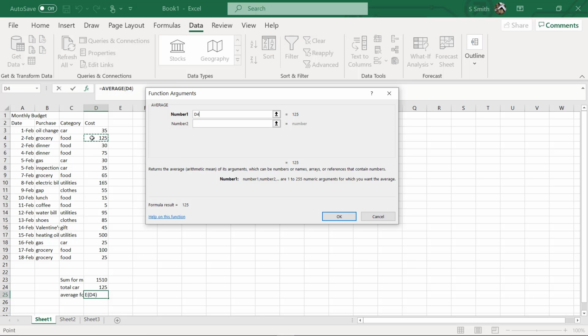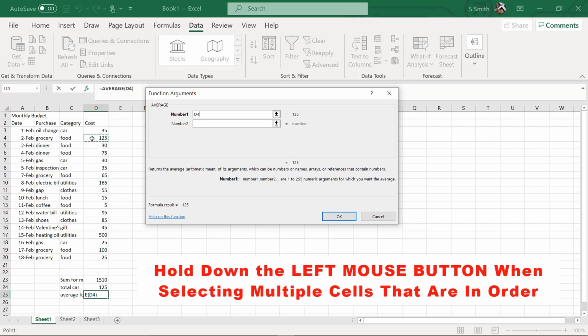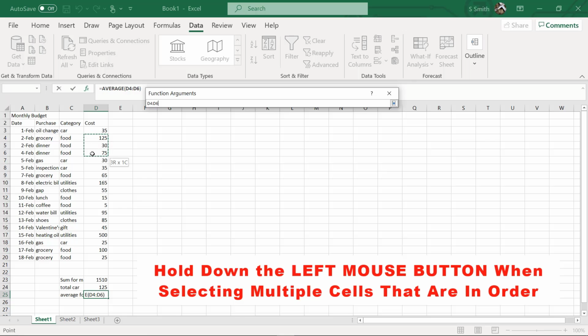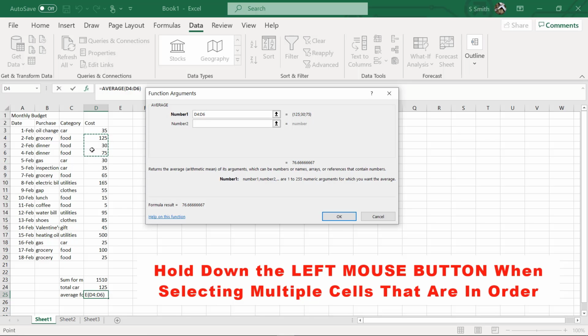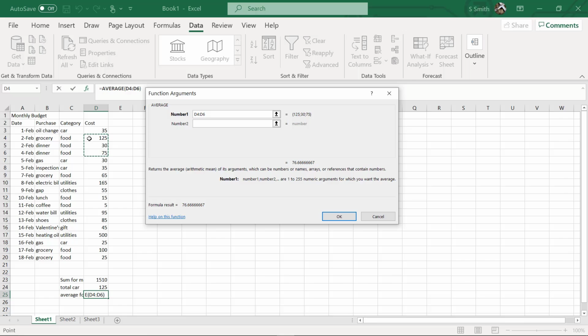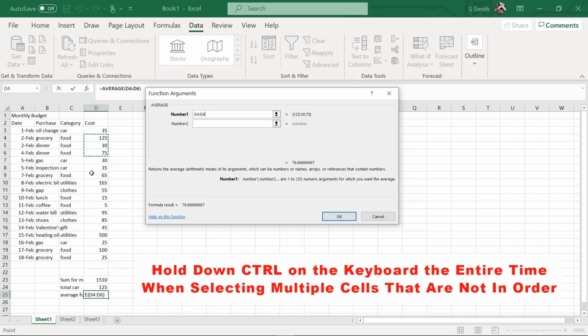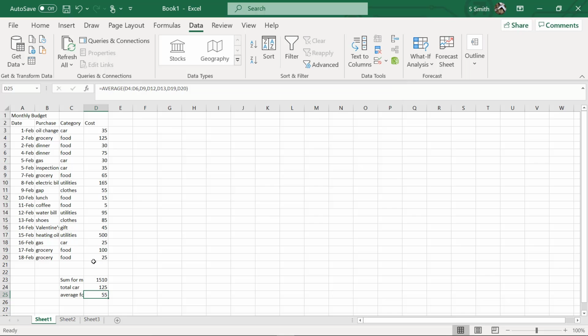So I can click the top one. I can keep the left mouse button down, and I can drag down because those ones are in order, but then I need to let go. Hit the control key on my keyboard, hit the next food, the next food, the next food, and the next 2 foods. And then I can hit enter, and that will give me an average of what my food bill was.